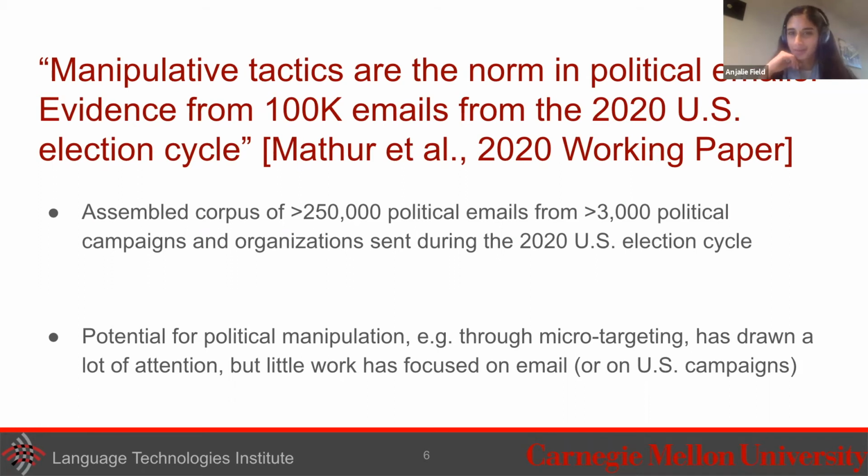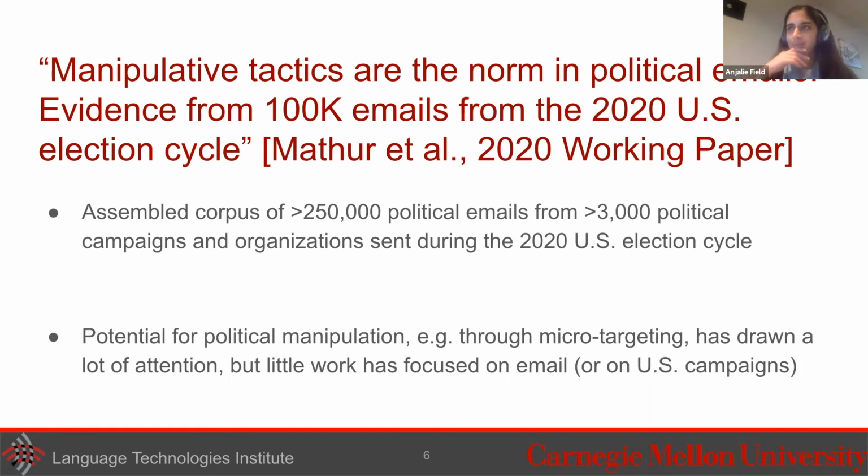One of the things that I like a lot about reading, for me mostly political science work, is that these papers are often very thorough, much more thorough than we often see in NLP papers, with pages of literature review and lots of analysis. This paper is not the best example of that because it's not really a complete paper yet. But it's focused on looking at manipulative tactics released particularly by campaigns around the 2020 US election. I think this is a fun topic, especially given that there was an election in the US just 2 days ago, so it's very relevant.